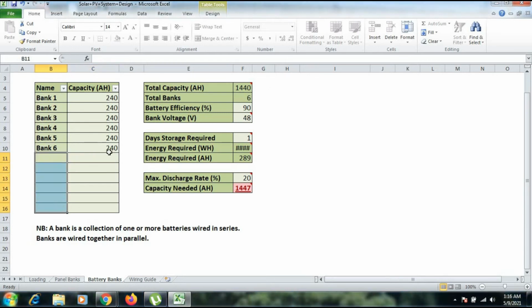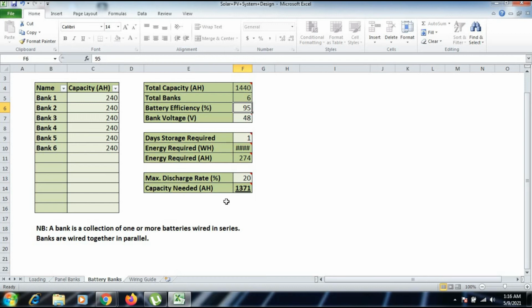So just let it be like this and make this battery efficiency 95%. Let's see what happens. Now see, when the battery efficiency is 95%, the capacity needed again decreased, because previously we were using a 90% efficient battery.